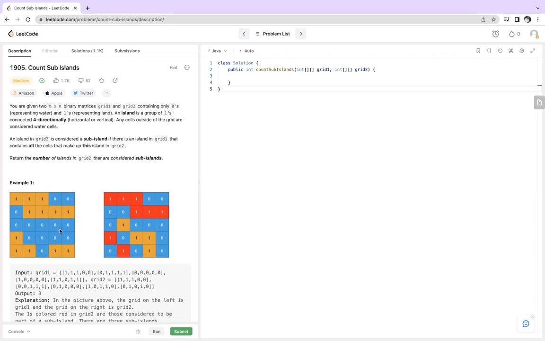Now, an island is considered a sub-island. See, we are not just asked to count the islands, we are asked to count the sub-islands. So what are sub-islands? An island in grid 2. This is grid 1 and this is grid 2. So a sub-island will occur in grid 2, not in grid 1. An island in grid 2 is considered a sub-island if there is an island in grid 1